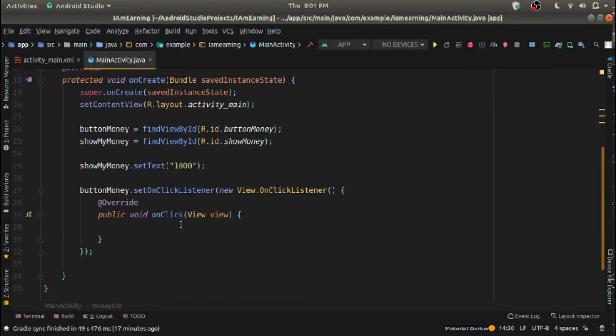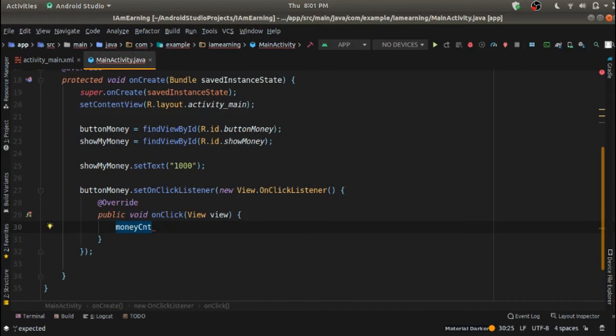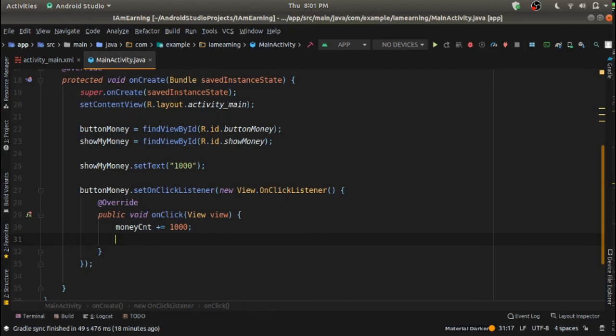So we have initially 1000 rupees in that. Okay, so now once the button has been clicked, I want to increase the money which I have right now. So once this is clicked, I'll just type moneyCount plus equals, I'll just increase it by 1000 rupees again,